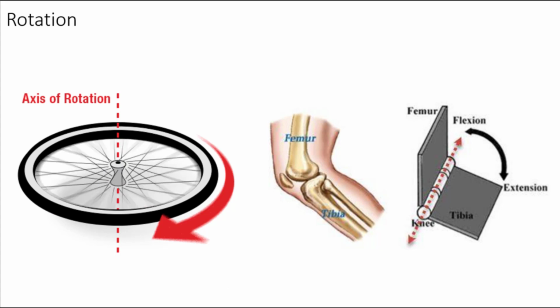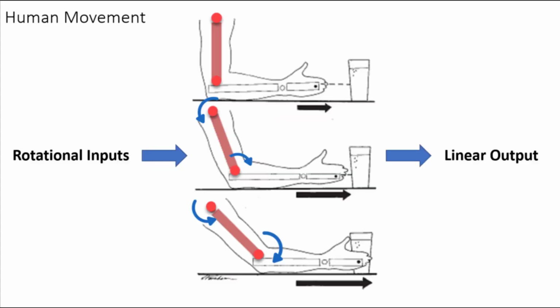Now, human movement is a combination of both. Most of the joints that we deal with in this class, or in the nature of working with the human body, there's rotation. Some joints can go through a gliding motion or shearing force, and all these joints have that capability, but we're looking at rotational inputs. So we're looking at the shoulder and the elbow or the wrist, and based on these rotational inputs, we